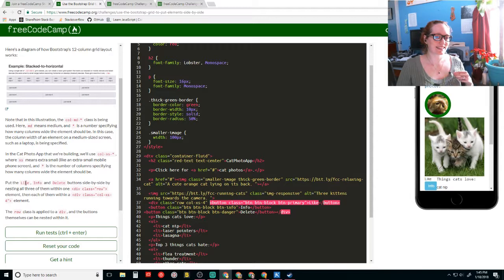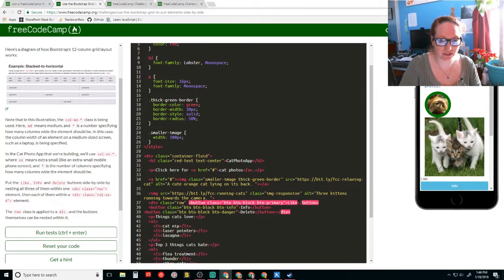SCSS and SASS. Alright, I have to have one headphone out. I swear I heard something, and I know I'm the only person home right now. They want each button to have the column XS4 class inside it. Okay, yes, not the total row. I got you, thank you for that. I'm still figuring out where all this belongs. XS dash. No, column XS, COL, XS4. Yes, and then inside here we do the same thing.